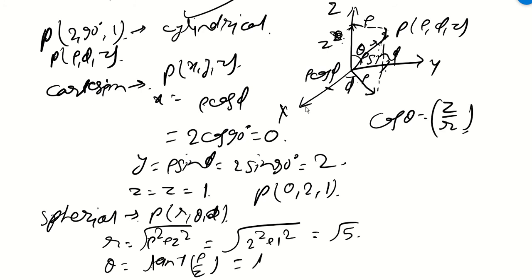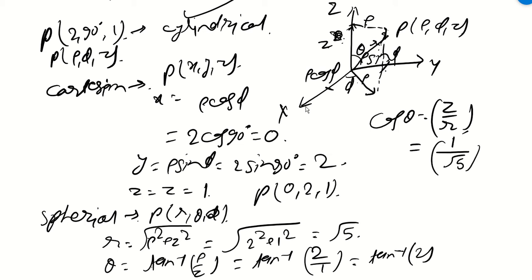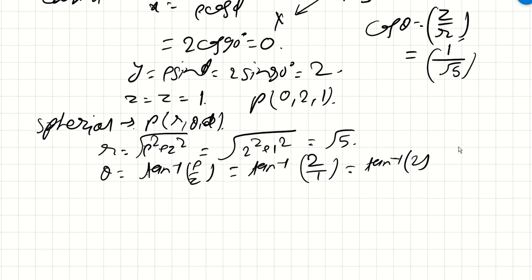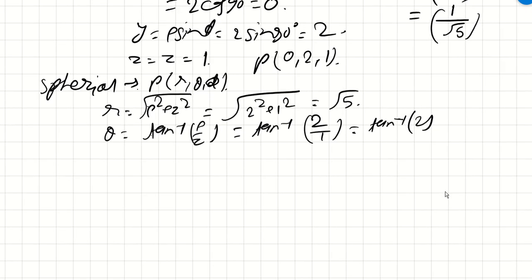So this will become how much? Tan inverse of rho is how much? 2 and Z is 1, so tan inverse 2. Why I am taking tan inverse is because rho, phi and Z are given in cylindrical coordinate. Because we had calculated r, we can calculate from cos theta as well. So Z was 1 and r was calculated as root 5. So cos theta will be cos inverse 1 by root 5. So it can be given in terms of cos inverse as well as tan inverse, right?